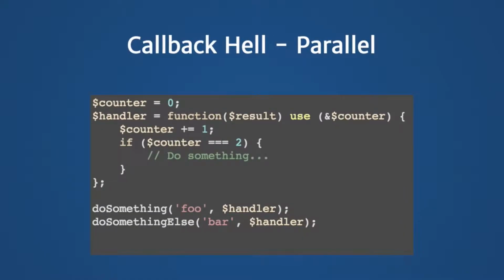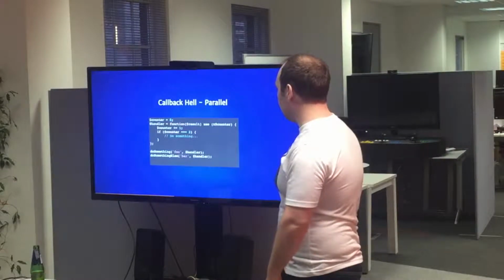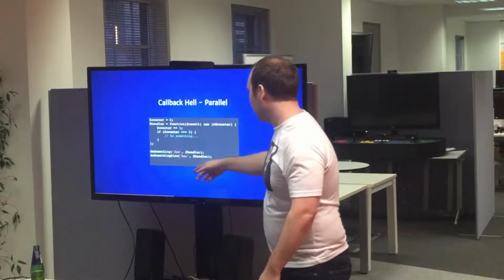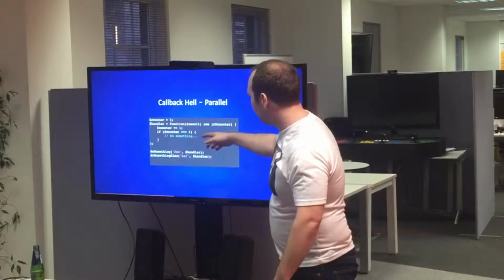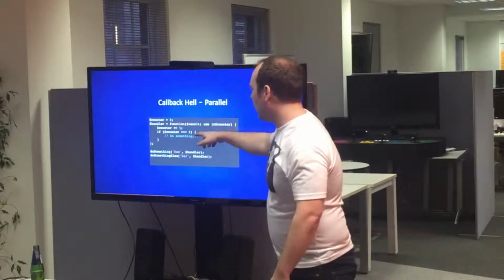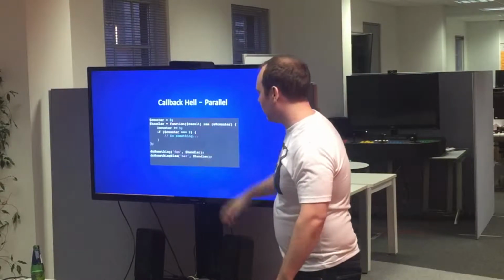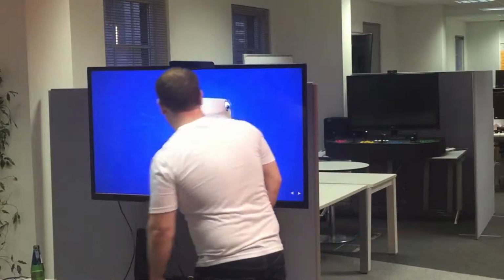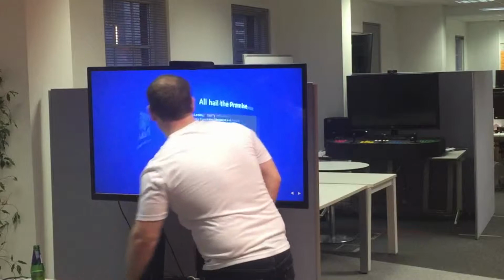It also gets really messy if you want to do two operations in parallel. So you want to do one thing, and while that's complete, and you want to do another thing, and then when they're both finished, you want to do something else with a combined result. And if you were going to do something in PHP like this, you'd have this really nasty thing where you'd start your two processes, you'd give them some kind of handler function, and you'd keep a count of how many times that function has been called. And when it's called the number of functions that you actually gave it, then you're going to do something, and it's just bananas. So yeah, you don't want to be doing that.